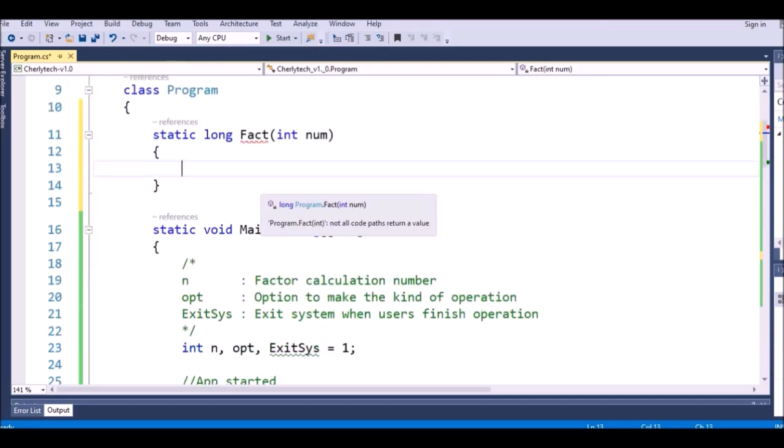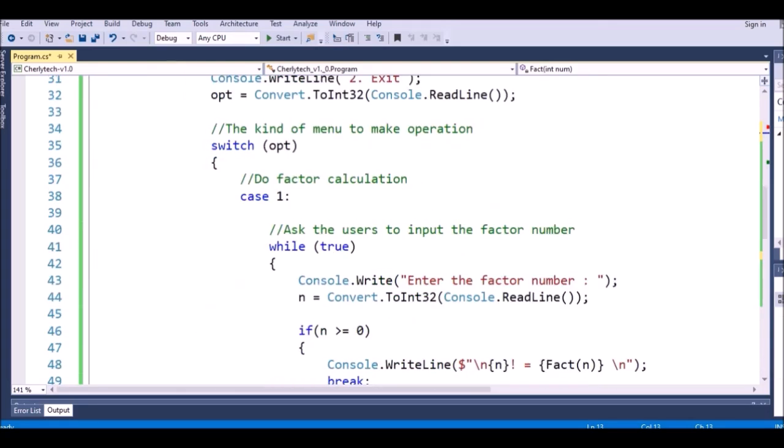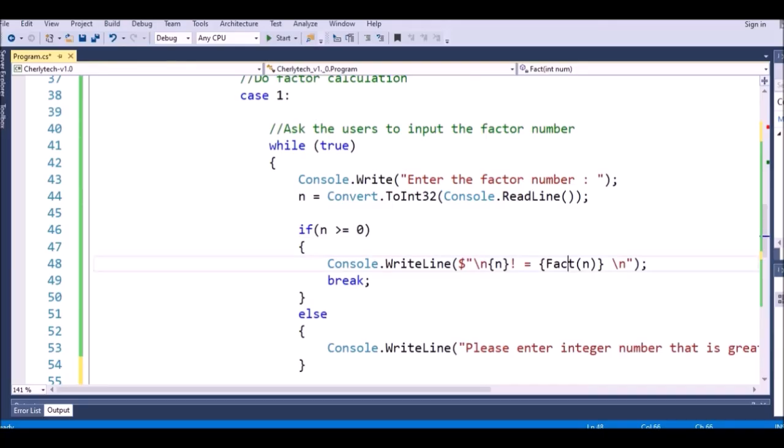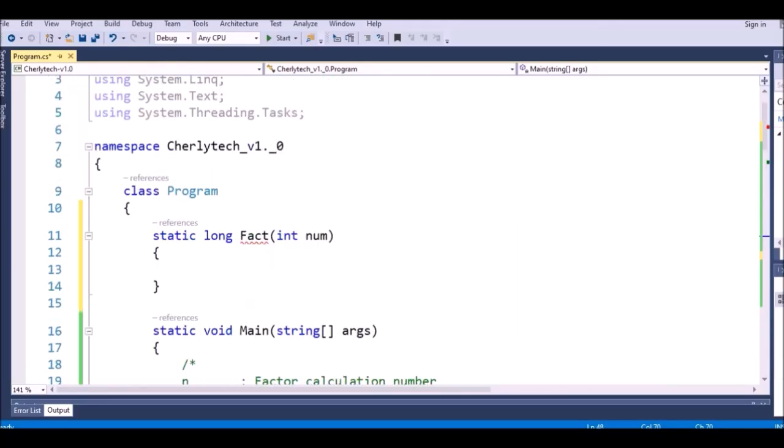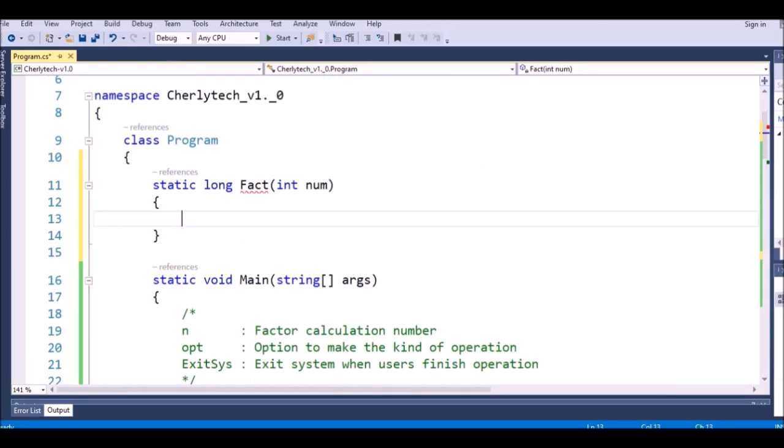So let's see. Okay, you see here this method now has no error, or you see that there is no red line under the method name, because we already created it in here. So what to do next, we are going to create the detail for this method. So this method is about the factorial, right? Factor. So for the factor, we will use the if statement,